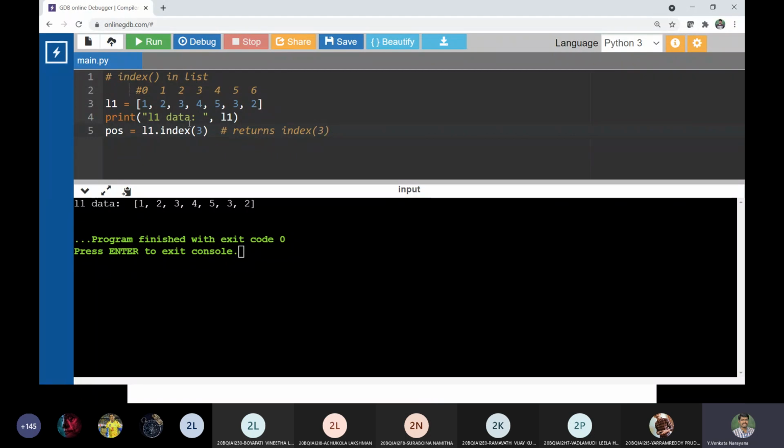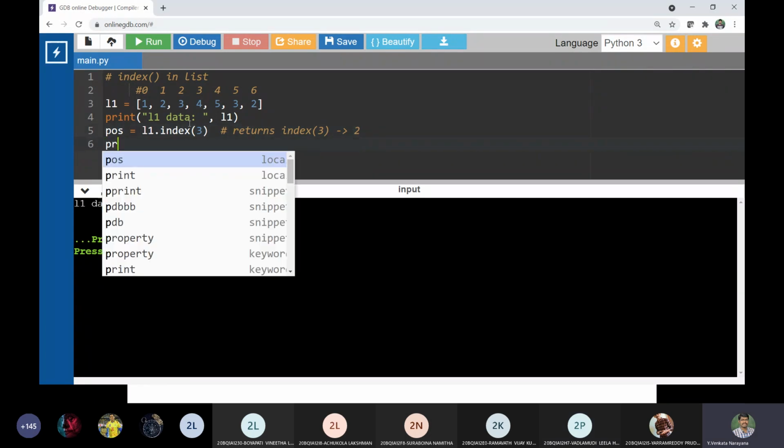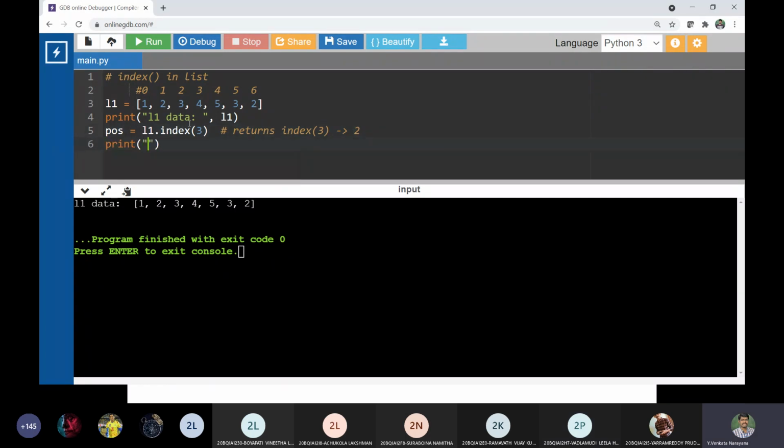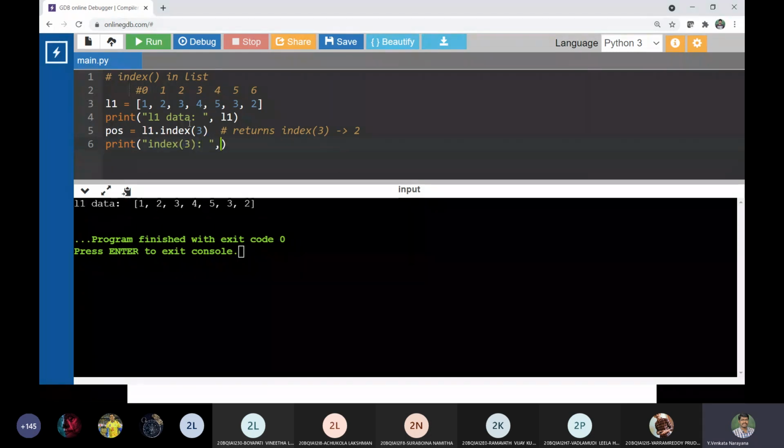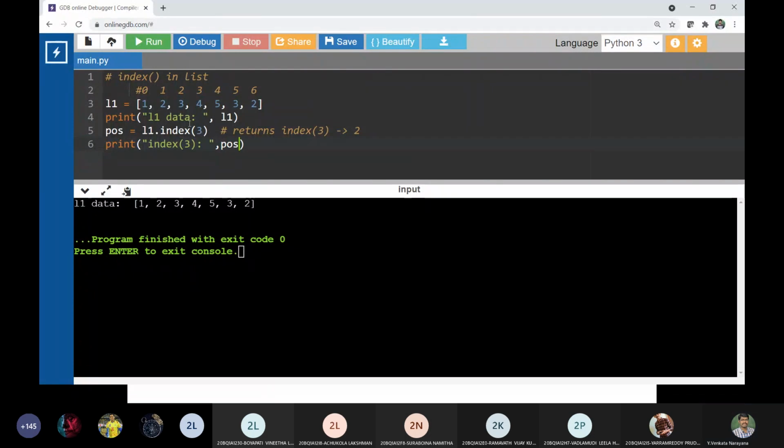What is the output here? 2. So the position is 2. Let us print the value.